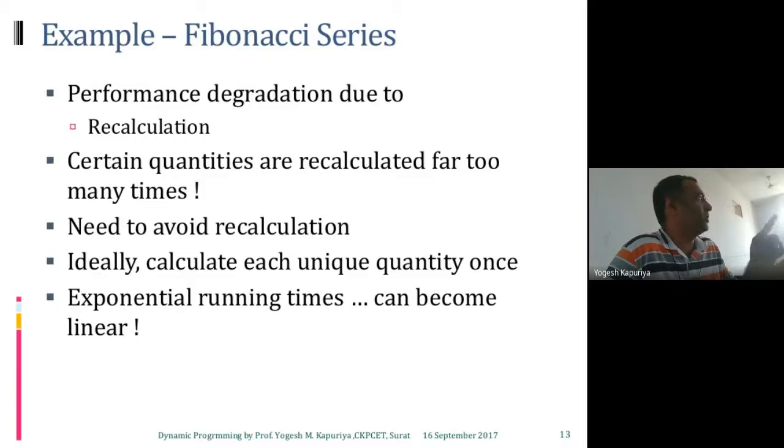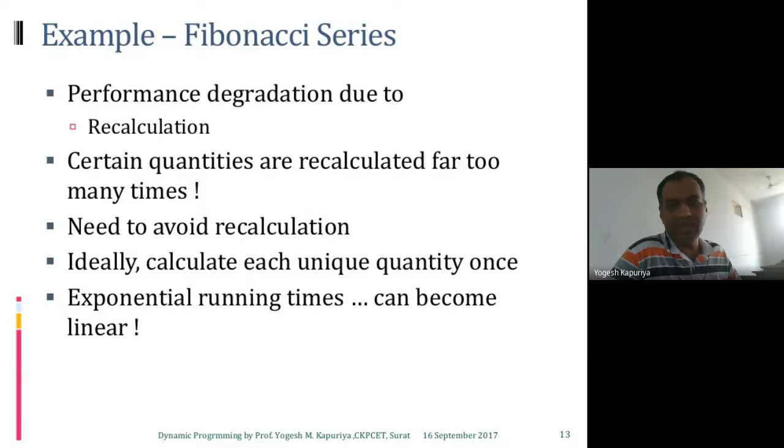Remember, there are two components. One is a constant and another is a variable. Constant is your compilation time. We are not worried about it because in any way it's going to take that time. What we can optimize is the other part, that is the variable part. And that we are actually optimizing when we go for the bottom-up approach.